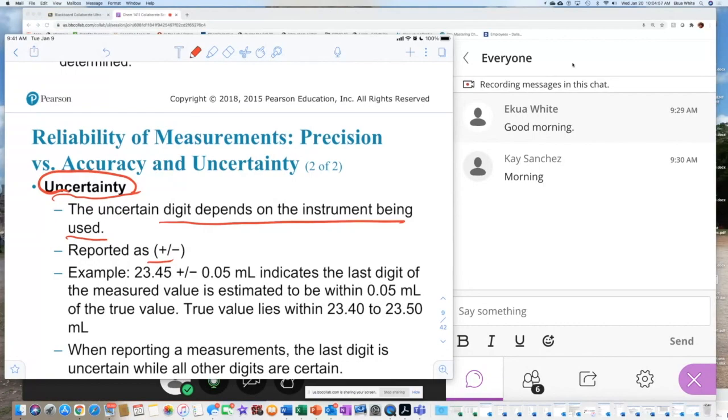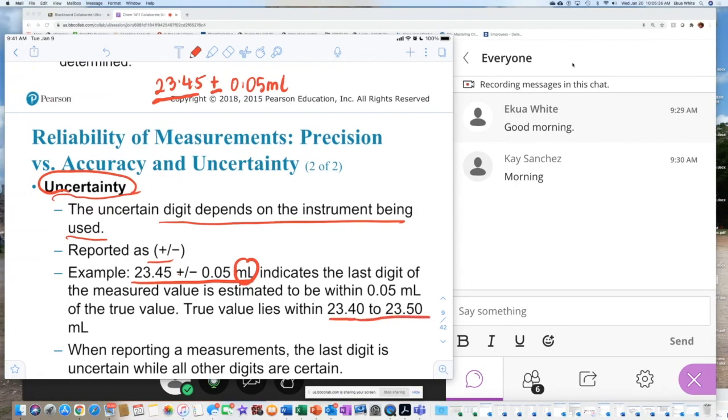So if you have an instrument, for example, here we're being told that a device was used to measure the volume based on the unit, right, milliliters. And this volume is accurate to plus or minus 0.05 milliliters. So we have a number, and I'm going to write this out here, 23.45 plus or minus, that's how it should be written, 0.05 milliliters. That means this number you're looking at has some error in it. You may look at this number as the actual volume, but it says the true value lies between